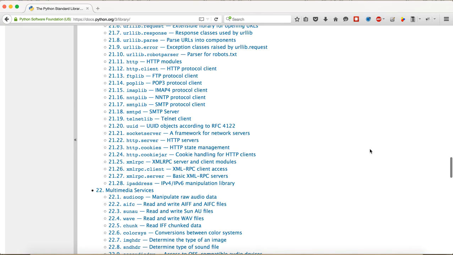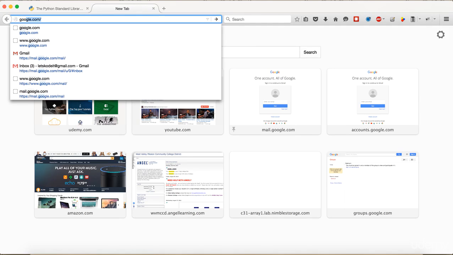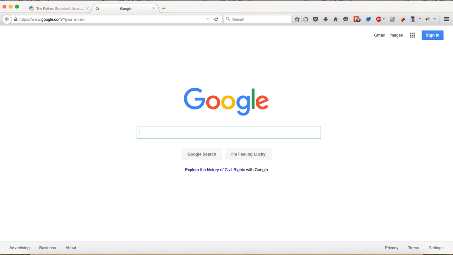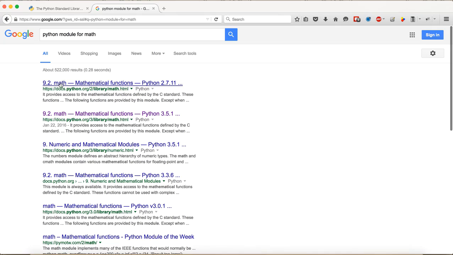And how do you know which module? You will definitely know which application you're working on, right? Depending on the kind of application you're working on and the kind of work you want to do, just google the term, that some kind of module is available in Python, and you will find something. So let's say I'm just trying to calculate a square root or something, right? What I can do is search for Python module for math or something. If I type that, I'm just gonna get some top hit results, and it says